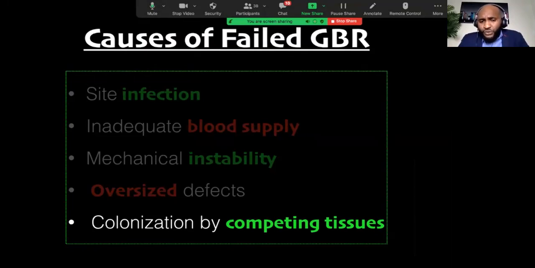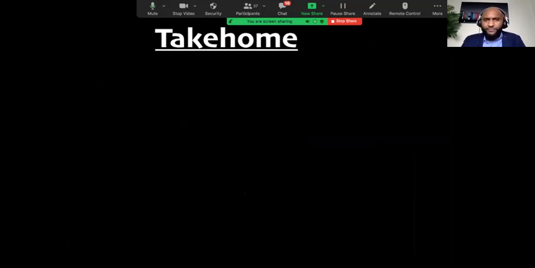Therefore, as you choose your membranes, ensure that the membrane will last as long as the bone below is going to be there for regeneration to be successful. Because if the membrane resorbs way earlier than the bone below it, then the soft tissues will just go and take up the space meant for bone regeneration. You'll have fibrous encapsulation of your bone substitute material. So that's critical. So to sum it all up,